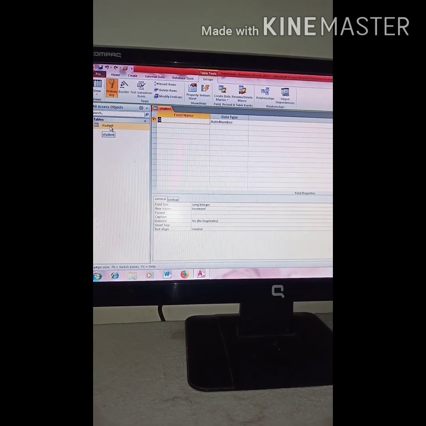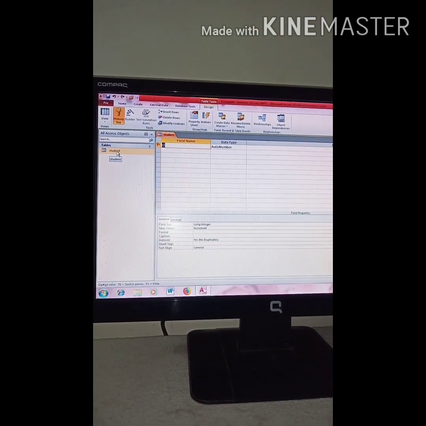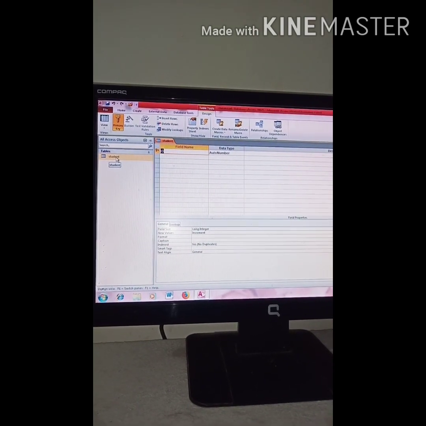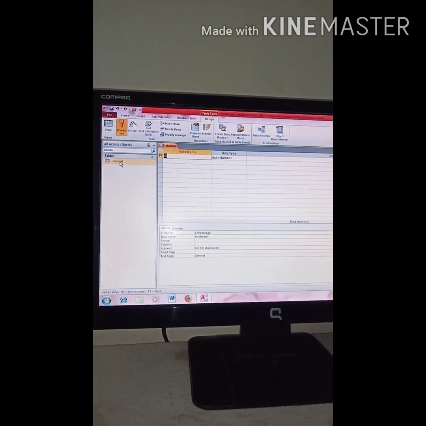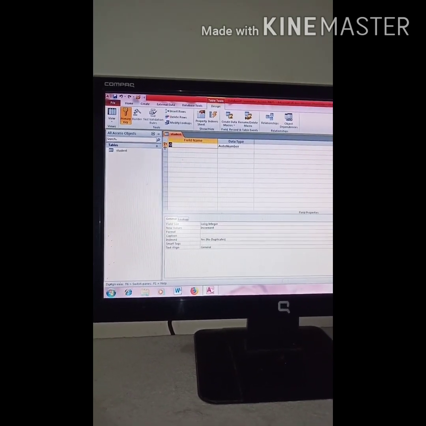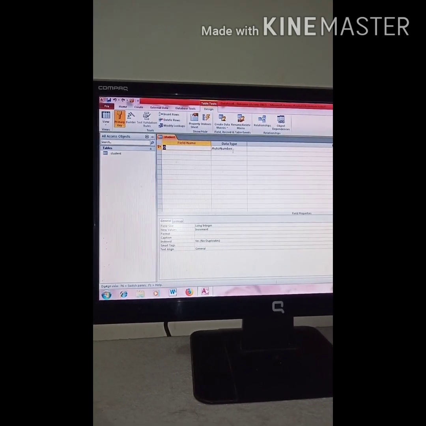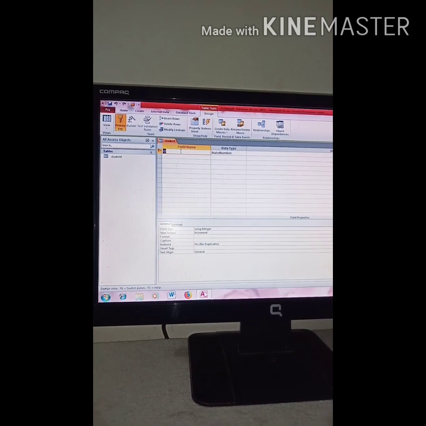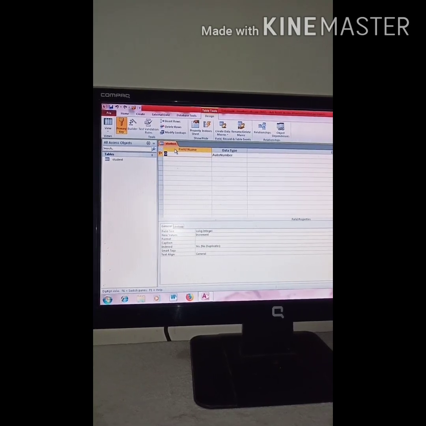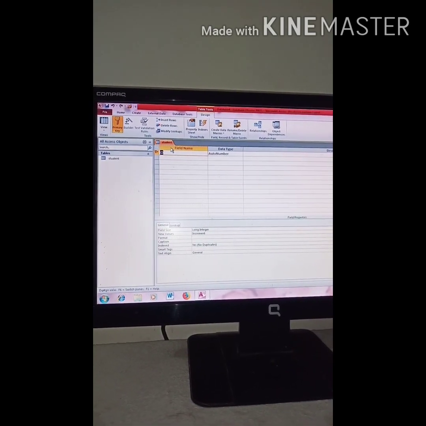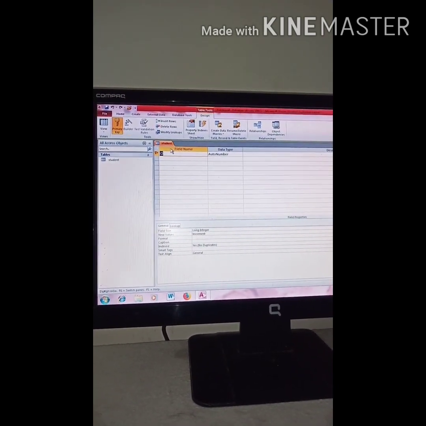Before creating a table, I told you in an earlier chapter, you have to include a primary key. Actually, the primary key is the unique identity to identify a particular record in a table. So you can see here, by default, a small key is coming. This is the primary key. That means at the beginning of the table, first of all, we have to create a primary key. The second option is field name. Field name tells the type of the fields that you are going to take in the table. Suppose if I am taking a table student, so the fields I am going to take will be student's name, roll number, class, section and contact.